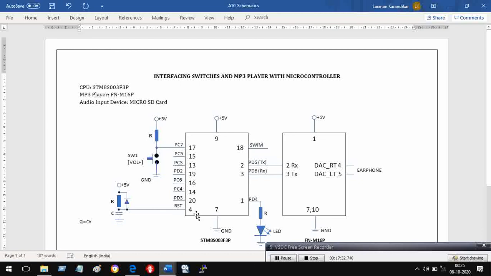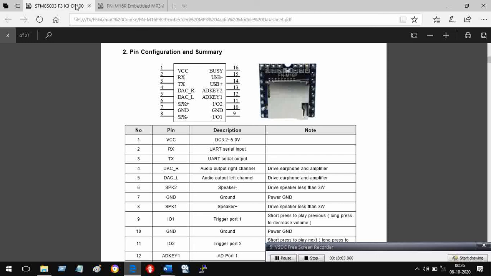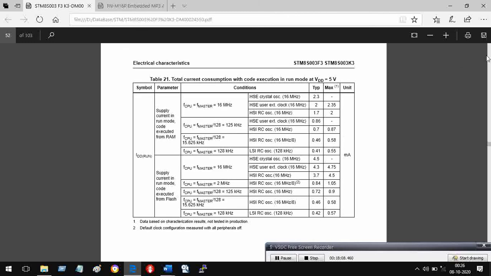How many pins have we used? 8 pins here, 7 for switches, 1 for reset, 8, 9 for ground, 10, 11, 12, 13, 14. So we have used 14 pins in the process, and it is a 20 pin device, so we still have 6 pins at our disposal, some of which, if necessary to expand, we can use. Those pins have other functions also, but we are not going to use other functions. But just for your information, I thought I will tell you that it has got other functions also.